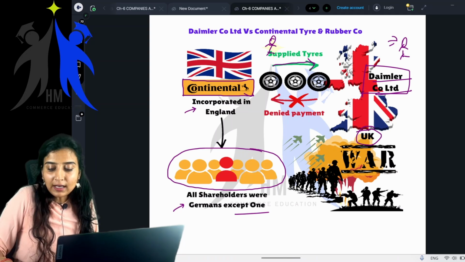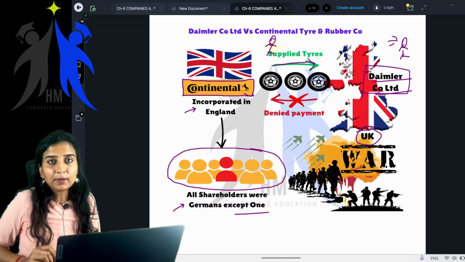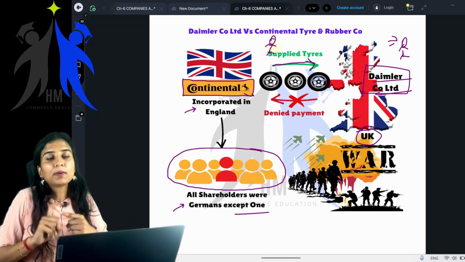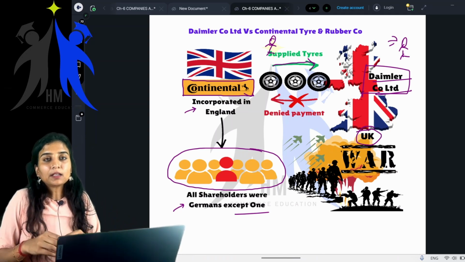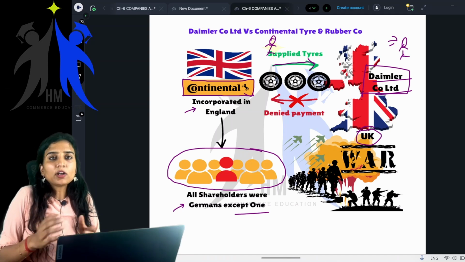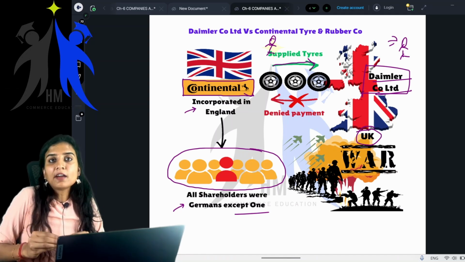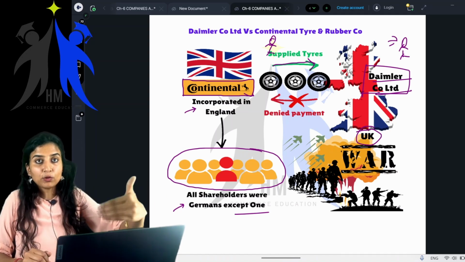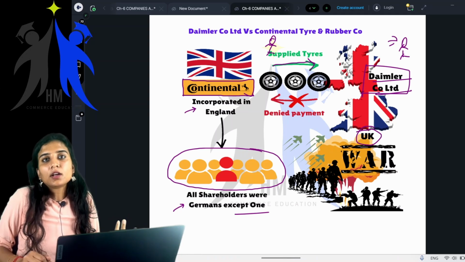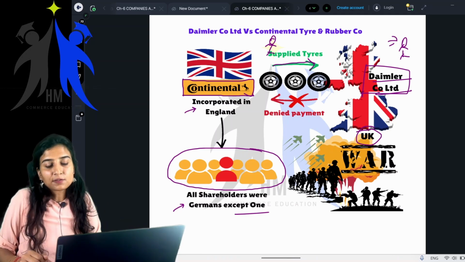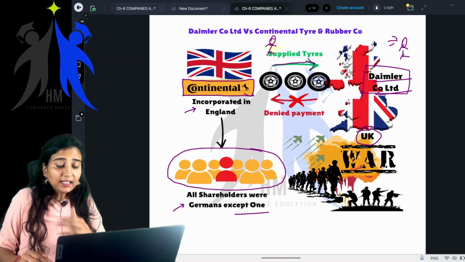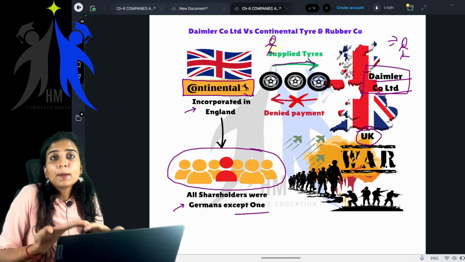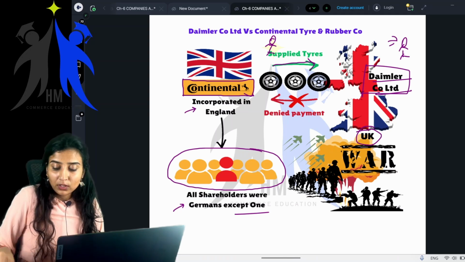As per the law of our land, we cannot enter into contract with the enemy companies. So whatever contract we have had is void. What do you mean by void? You will learn in your Indian Contract Act. But void means these are not valid contracts; they are not enforceable by law. Even if you go to a court of law, you cannot go and ask for money. Getting it? So this fellow is telling that particular contract is void and I don't have to pay you.